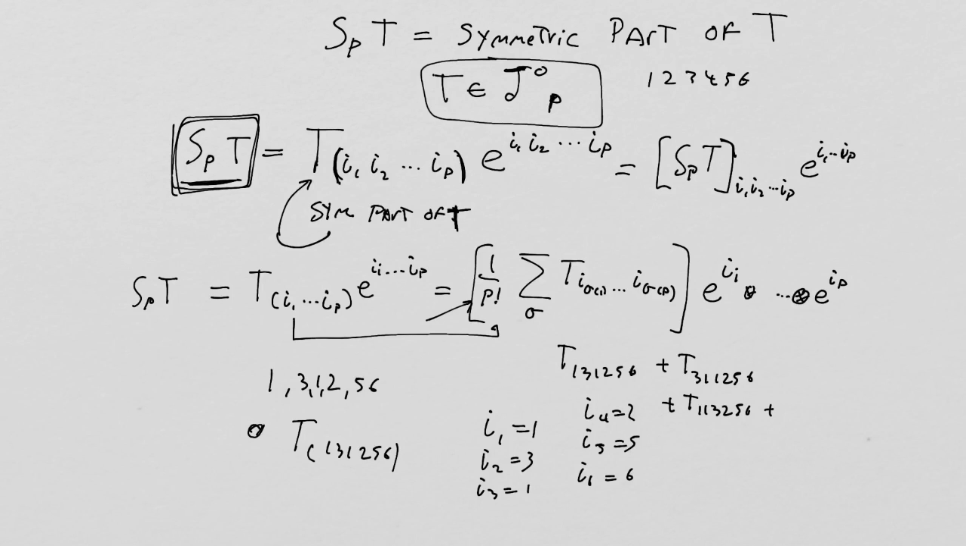Whoops, I've got to make it very clear. Once I've calculated this one, I pause, I add it to the next one, right? I add it to the next one. So I'm adding all these up and then dividing by p factorial. In the end, you end up with a number, and that number is the component of this, of